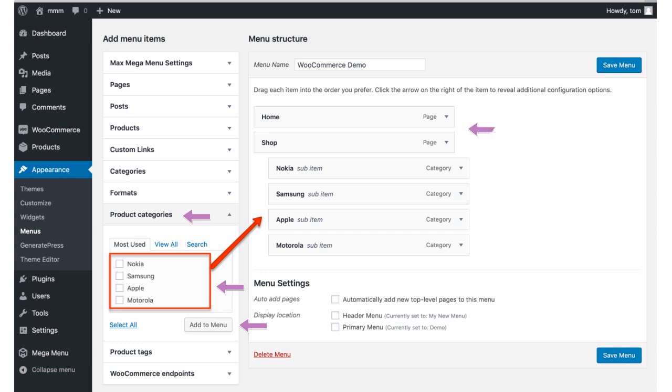And the category will now appear in the menu structure on the right-hand side. Next, you want to arrange the category in the menu. You can change the position of the category within the menu by clicking and dragging it to the desired location. You can also make it a sub-menu item by dragging it slightly to the right under